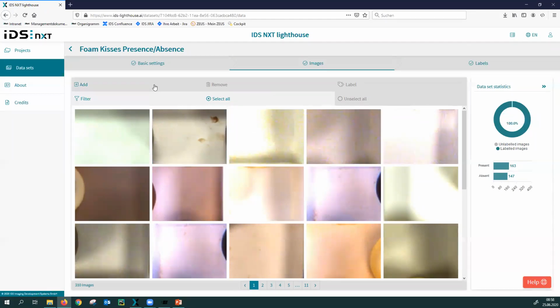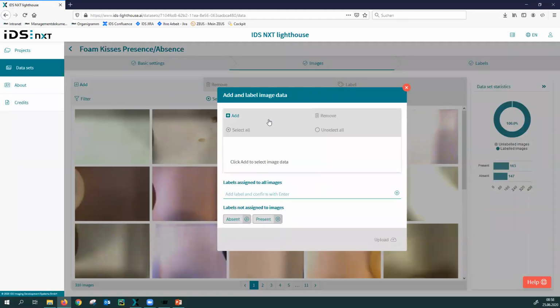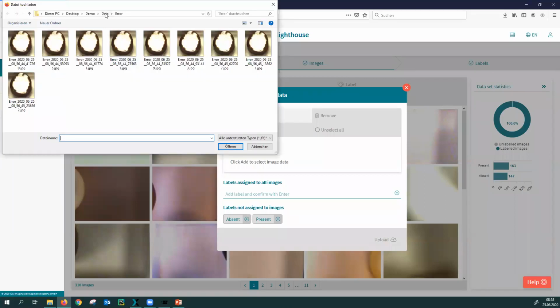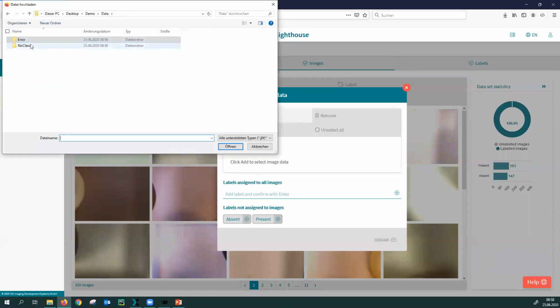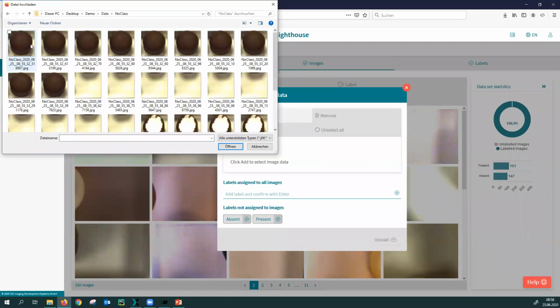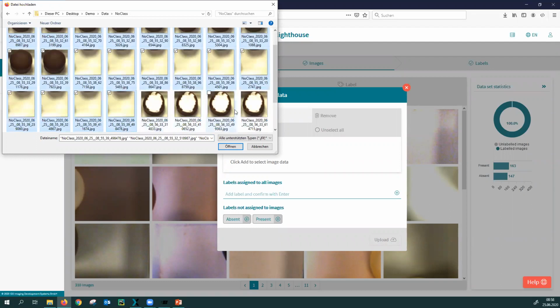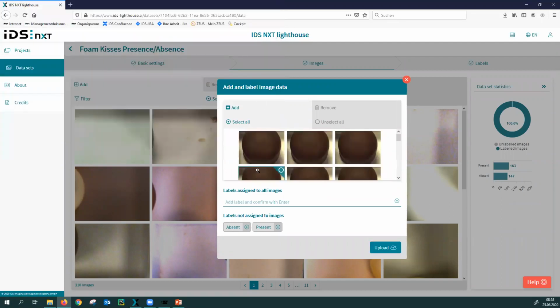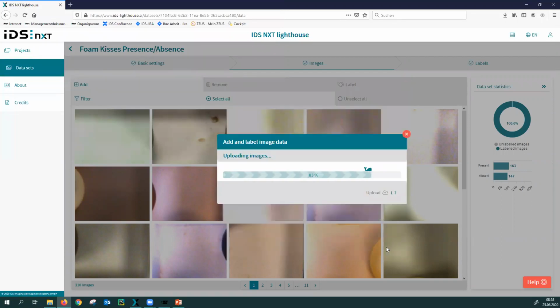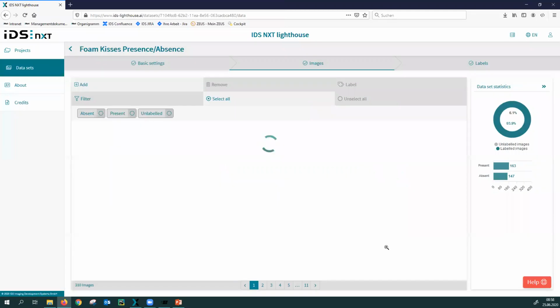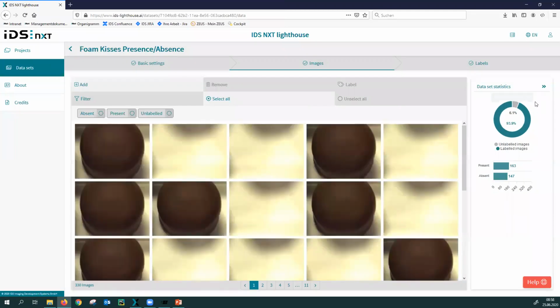Now, if I'd like to add some new data, the ones we've just taken here, so let's not take the misplaced error images. We can open these and we can just upload them. And as you might notice, now we have a few unlabeled images added to our data set.